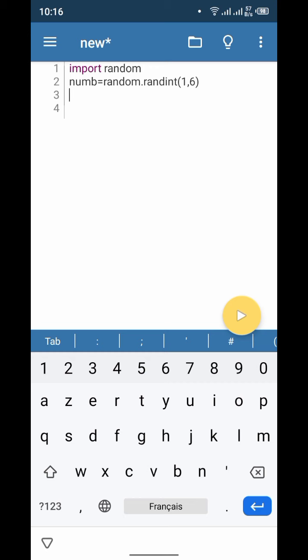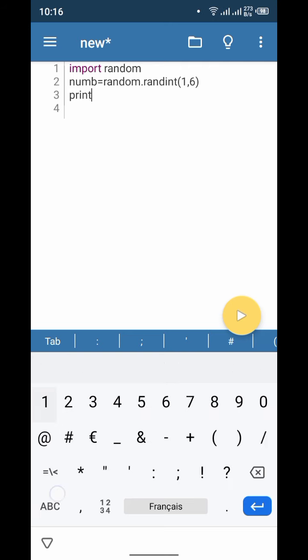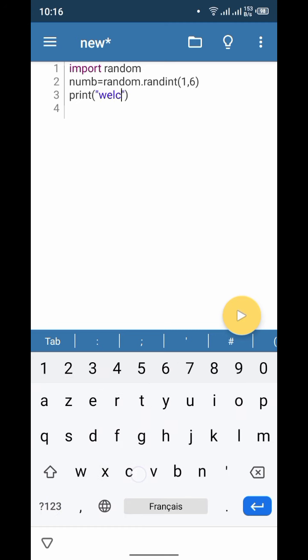So now we will print something to the users of the program. Welcome to